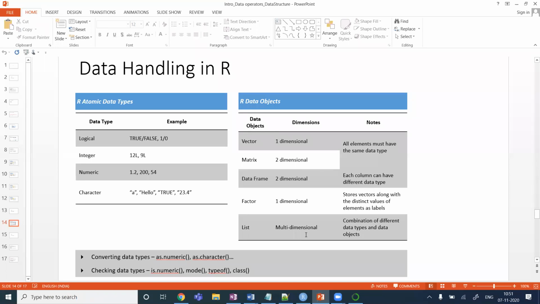It can go ND format also. Each element in the list can be any R-supported data object. It can be a logical type, an integer type, numeric type, character type, or it can be a vector, matrix, data frame, factor, etc. So these are the overall data structures we have available in R.